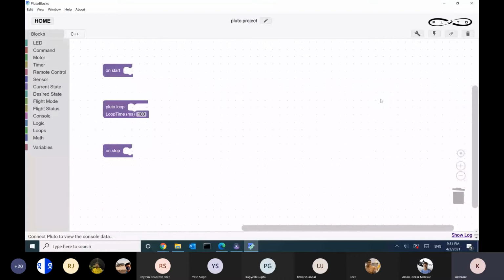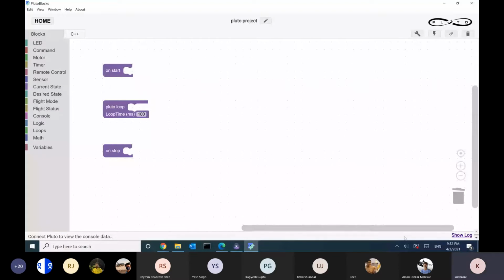So what other parts are here? You can see there are three different tools. One is for build, one is for flash, and this one is to connect to the Pluto, where you want to check your monitor window. You can see at the bottom, connect to Pluto, show log.